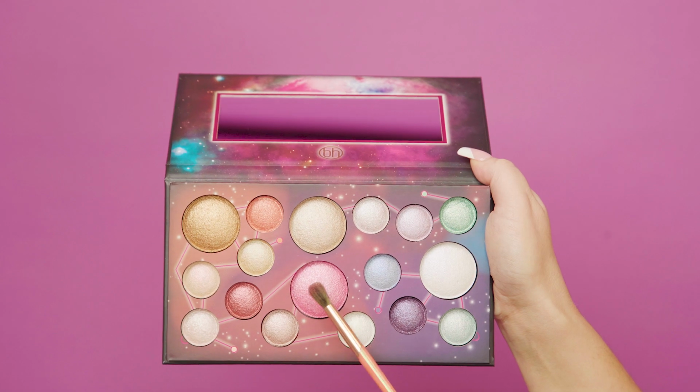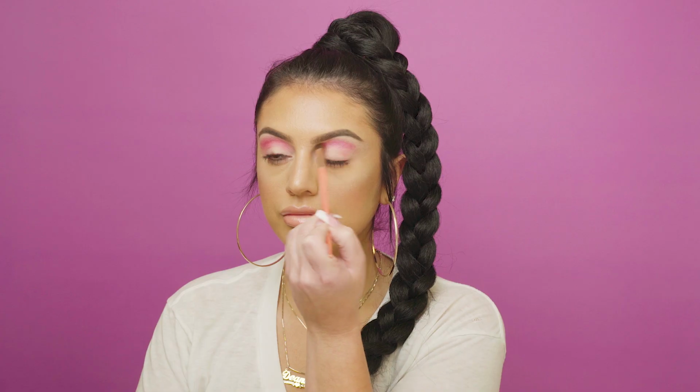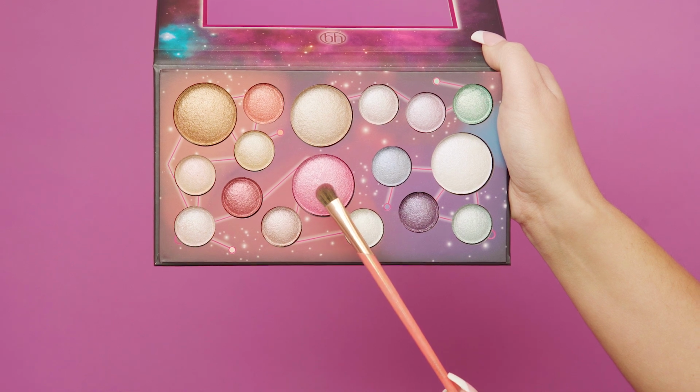Taking my blending brush number 7 from the Marvin Magnificent brush collection, I'm going to go in with this pink shade and blend into my crease. Next, taking my number 8 flat brush, I'm going to go in with that same pink color and place that